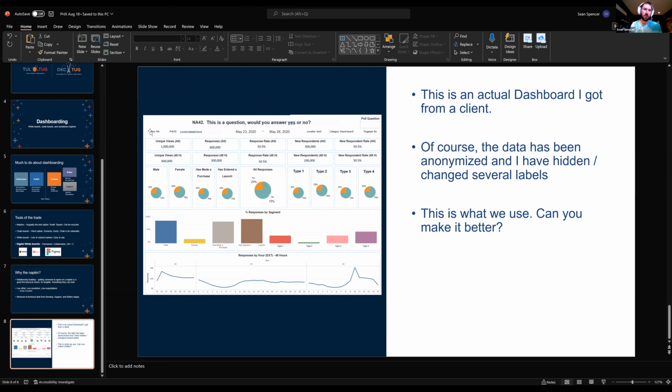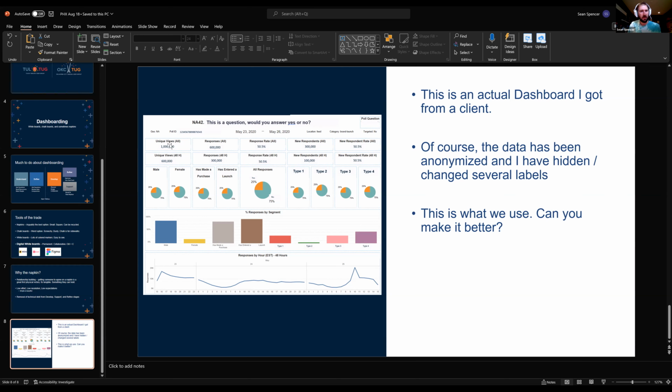It has various information about the geography in which this question was pushed, its specific identification number, the dates that it was open to be answered by their customers, the location that it was pushed, the category, and if it was targeted, yes or no. And at the top right was a drop-down filter that you would select which question you wanted to see the performance of. So they have thousands of questions that they push to their customers.